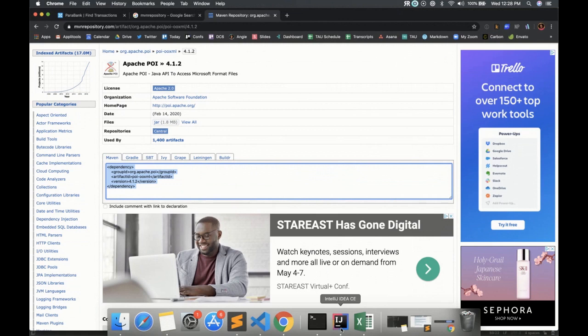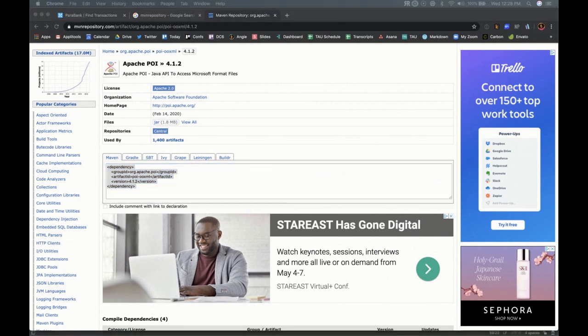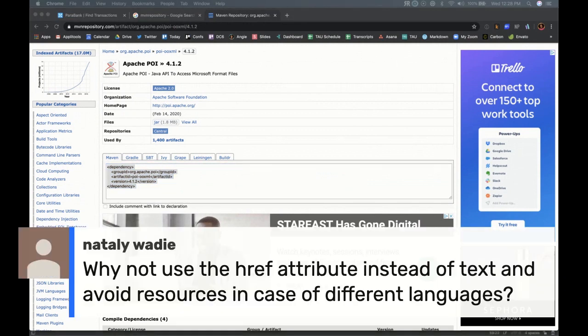All right. Somebody said, why not use the href attribute instead of text and avoid resources in case of different languages? That is a valid option. But that can change as well. Like if the structure of your links and stuff changed, then this can change. Nothing is foolproof. IDs are like our best bet, and names, because those are less likely to change.